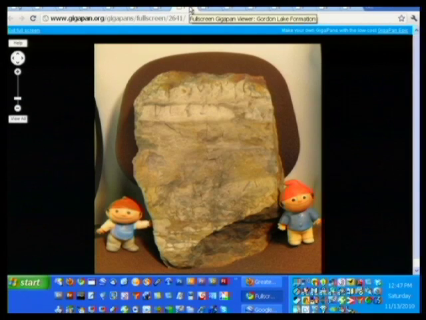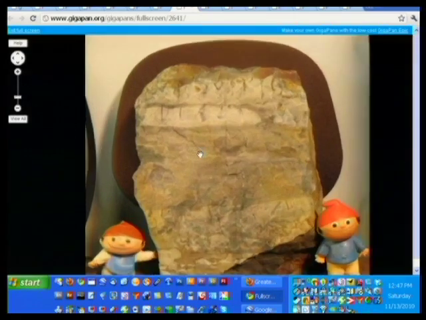Moving in a little closer, of course, GigaPans are also great at showing smaller features. Now, this is a piece of Gordon Lake Formation from central Ontario, and this was a piece of float that I picked up off of a talus slope and brought back, and I've used this in a number of sedimentology classes, just looking at the details of this. It's a big lug of a piece to carry around, but with Bertie and Eddie looking on there, we can